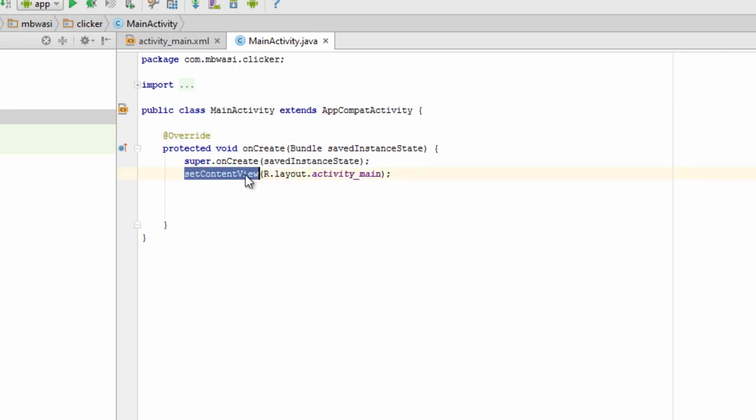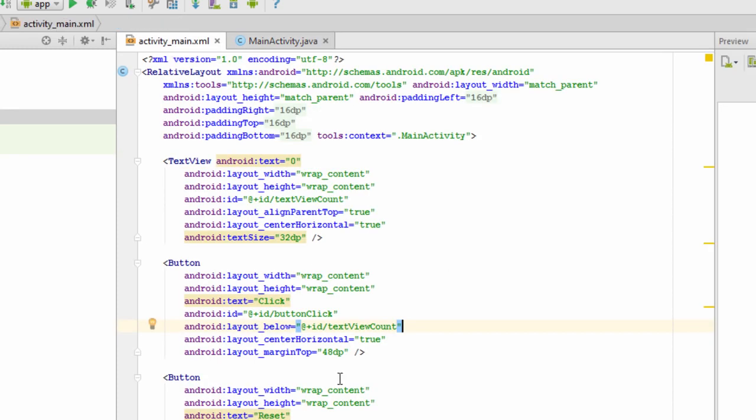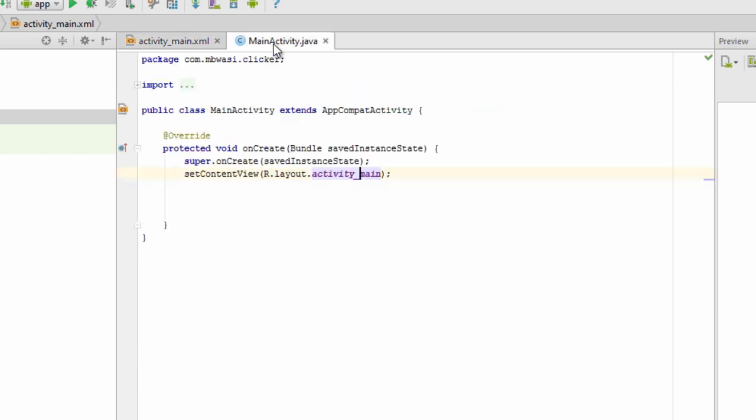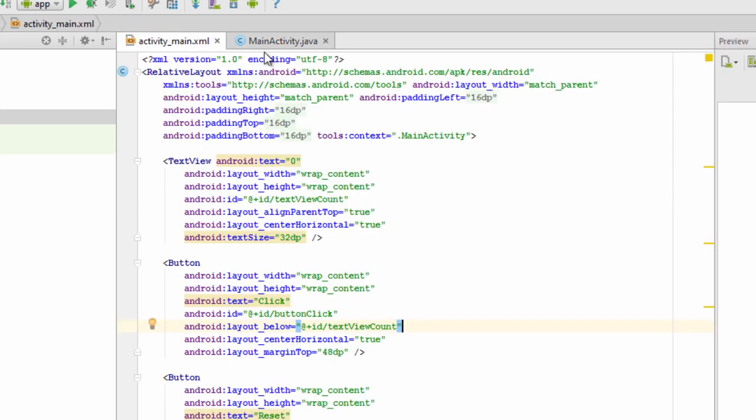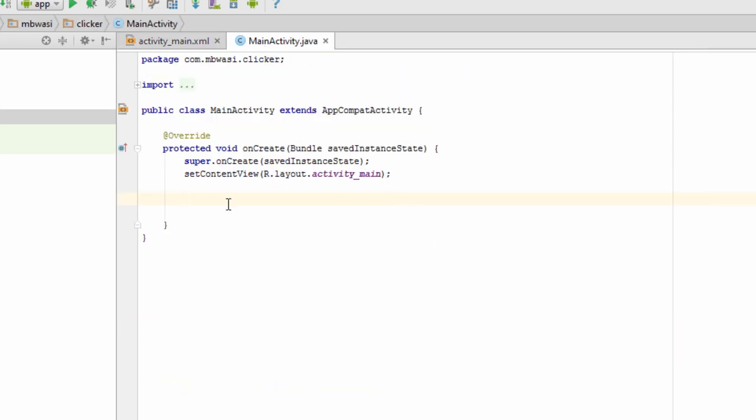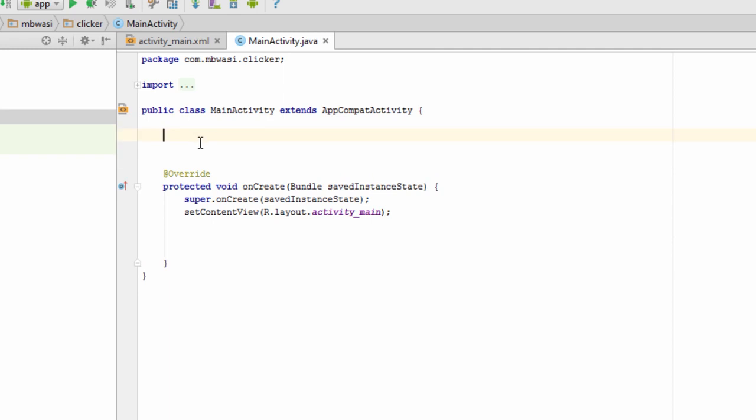So here we set the content view. So we link this code here, our main activity, to our layout, which we just designed, right? So they are now sort of bound together, and this activity will display this layout, right? So what I want to do here is link those buttons and views to this activity, right? So I have a button,